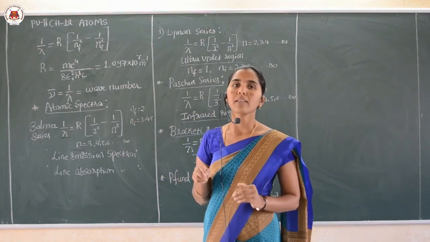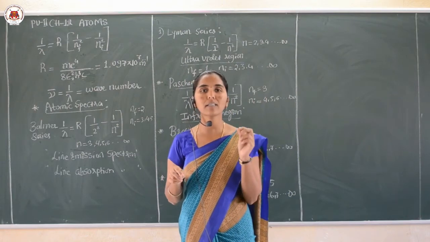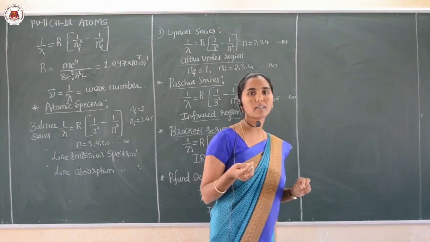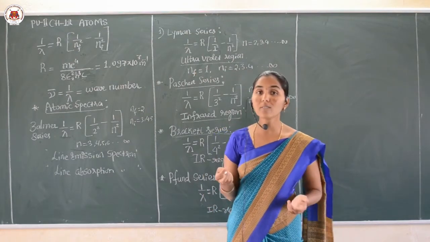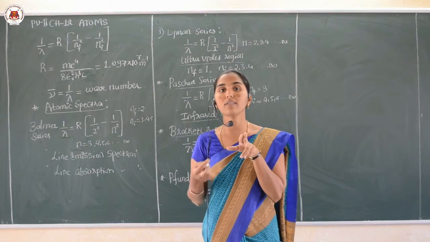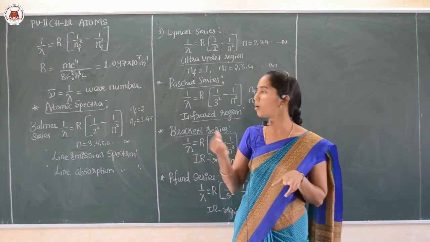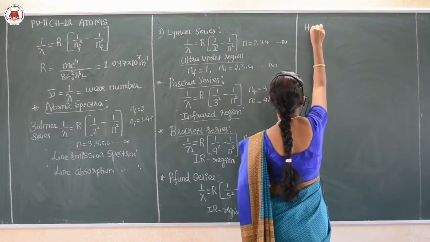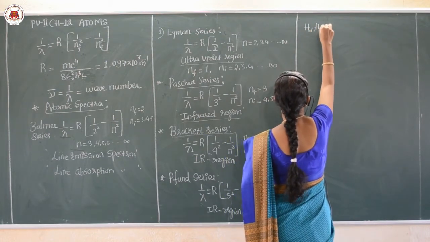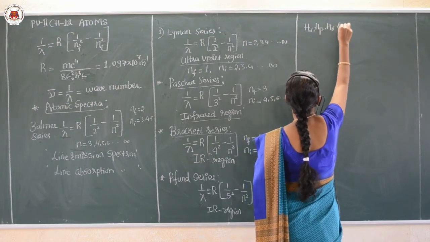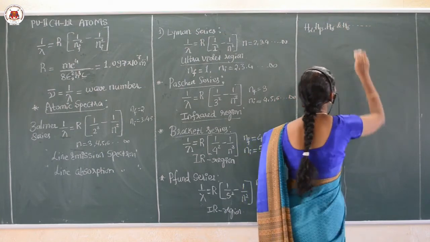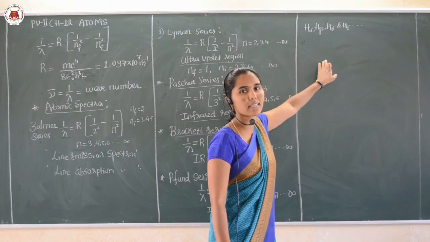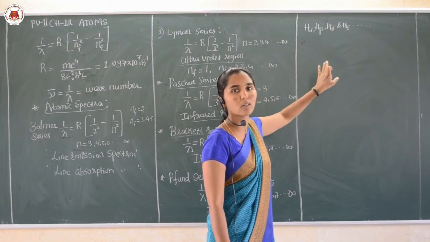And remember, the spectral lines in the Balmer series can be named as the spectral lines of the Balmer series of a hydrogen atom. Particularly which atom are we talking about? Particularly the hydrogen atom. The Balmer lines are named as H alpha, H beta, H gamma and H delta. Like that they are named. Yes. So, these are the names of the spectral lines in the Balmer series in the hydrogen atom.